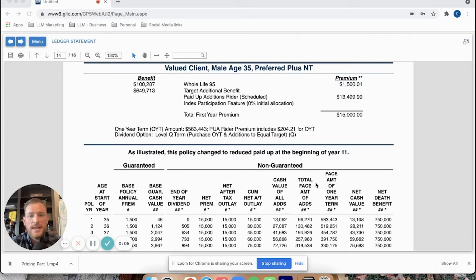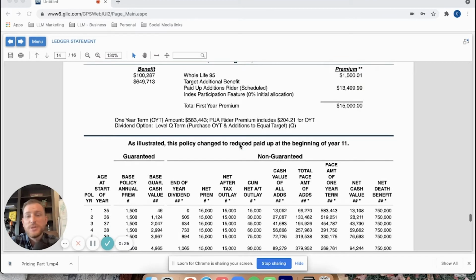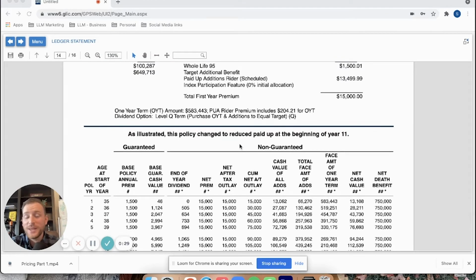And this is simply a software that the insurance carriers that we work with provide that allows us to put in a series of inputs: if the person is male or female, their age, the amount of money they would like to fund into a policy, and for how long they would like to fund in, as well as their health ratings. And what that ultimately does is it allows them to spit out a projection based on those inputs. So it's going to show you year by year what the costs are that go to the insurance, what the total death benefit is, how that's affected.